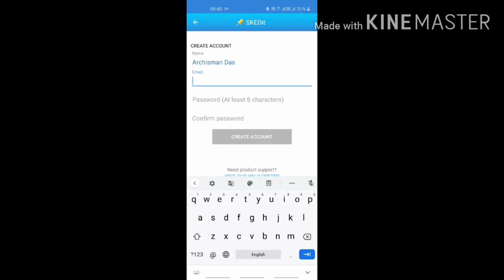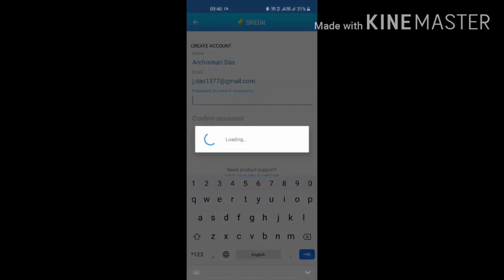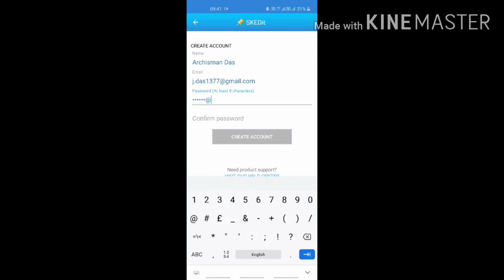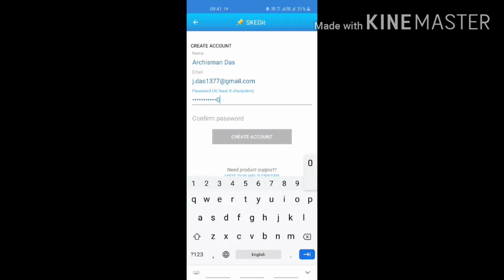Now I am putting my email ID here. Then the password, at least 8 characters. You can choose whatever password you want. I am choosing my password. Then confirm password, retype this password.